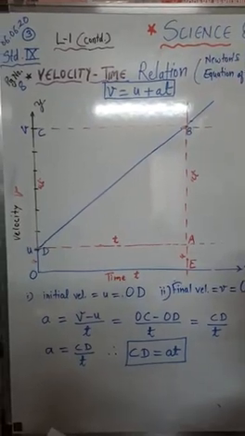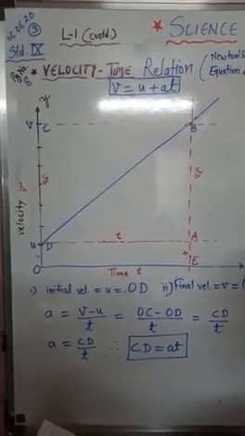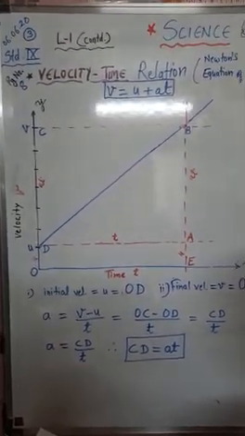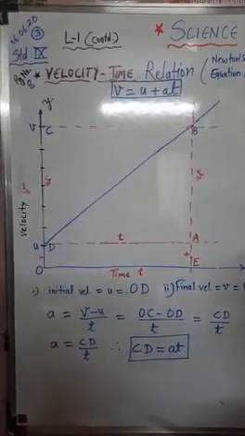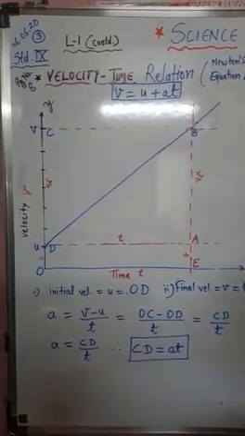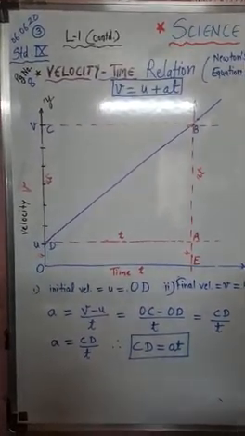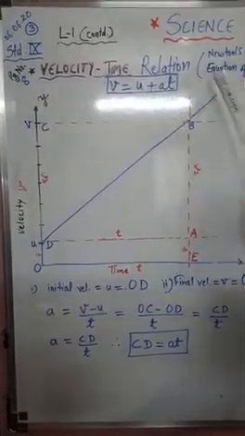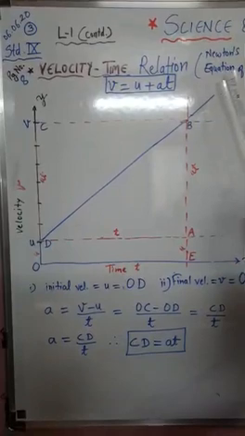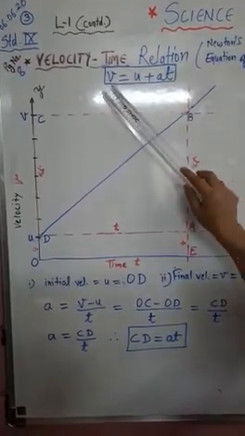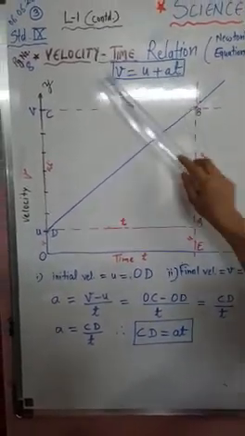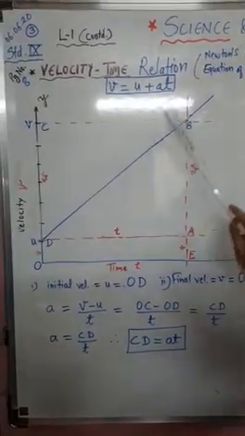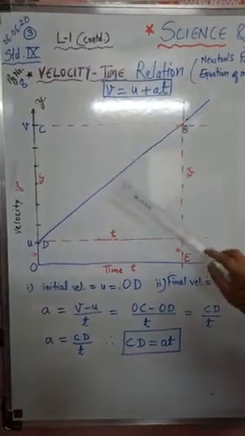Now we will study the equations of motion using the graphical method. Newton studied the motion of an object and gave a set of three equations, and these equations relate the displacement, velocity, acceleration and time. First we will derive the first equation of motion. It is also called the kinematical equation, v equal to u plus at, which shows the relation between velocity and time. So let us study how we can get this equation graphically.